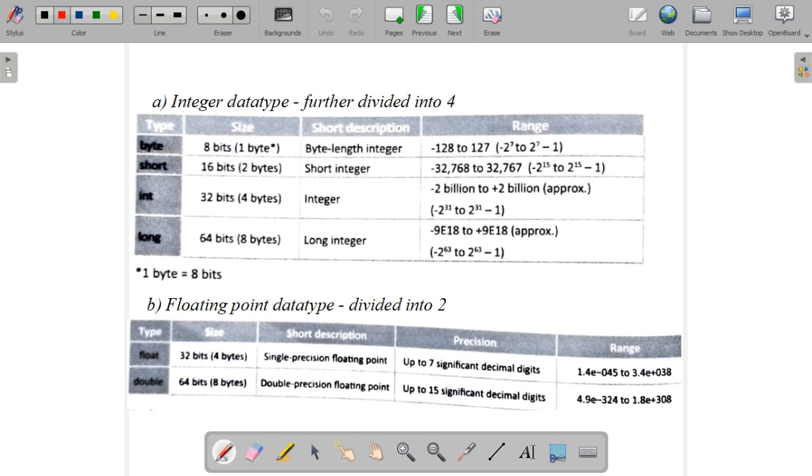So first, primitive data type is classified into 4 types. The first one is the integer data type. It is again classified into 4, that you know. First one is the byte data type. So what do you mean by byte? You know how many bits form a byte? 8 bits. 1 byte equals 8 bits. What do you mean by bits? All of you know bits. 1 byte equals 8 bits.